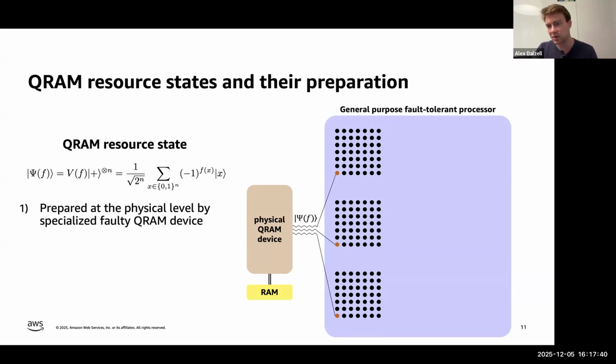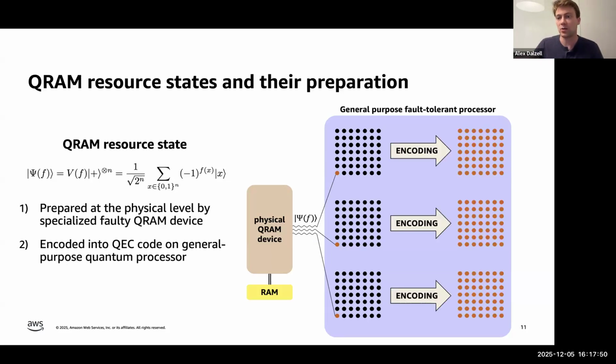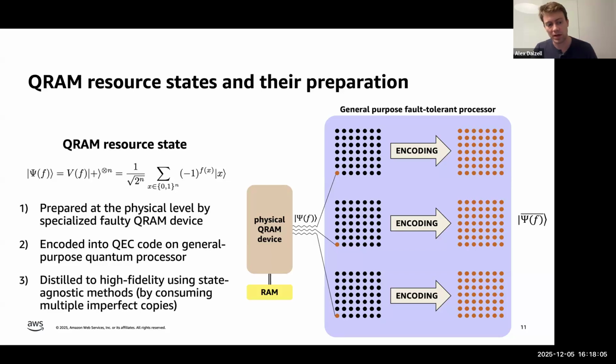So we take our n qubits from our resource state, we take n patches of our lattice, we send 1 qubit to each patch, we encode that qubit into a full encoded logical qubit, and now we have an n logical qubit state, which contains a noisy version of our encoded resource state. And then finally, once we have this encoded resource state, we apply a distillation procedure, which I'll explain later, to improve the fidelity of the state and make it closer to this encoded resource state we'd like to have.